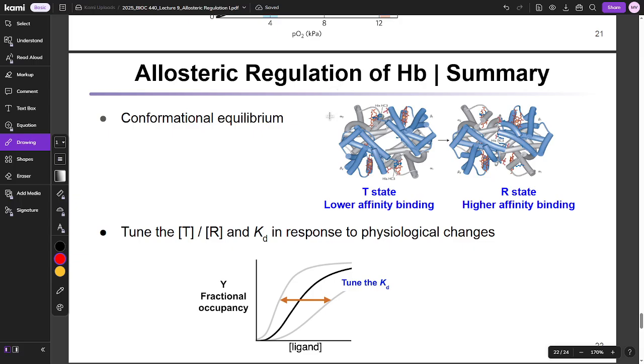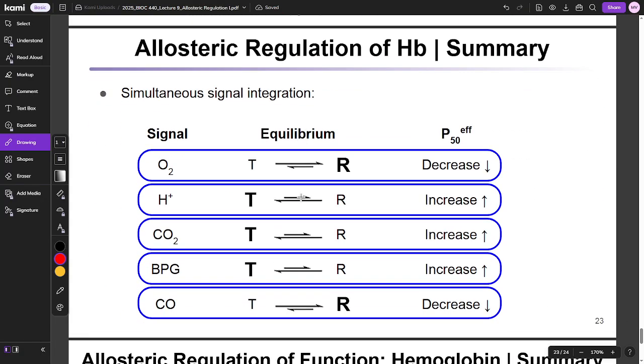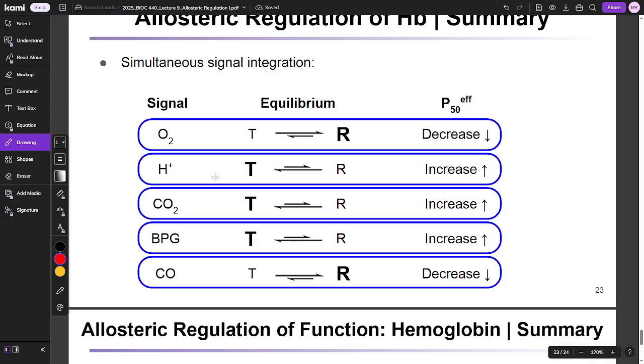So here's just a summary of how things work. You've got the T state, low affinity, and the R state, high affinity. And this T-R state ratio changes in response to physiological changes. This is what I would say you should keep in mind. This is a very nice slide. It really puts together what you should think about. So for O2, for example, it shifts to the R state, and it makes it so that the affinity for oxygen